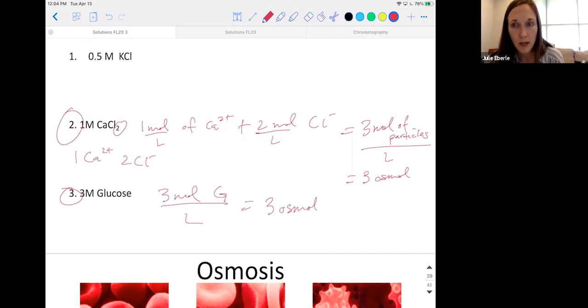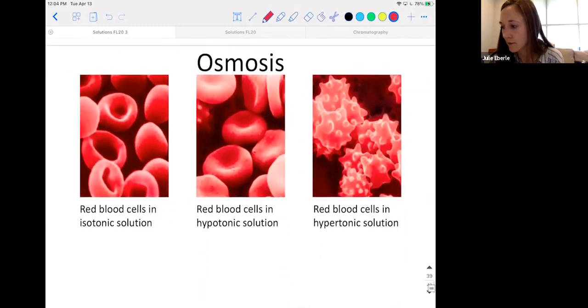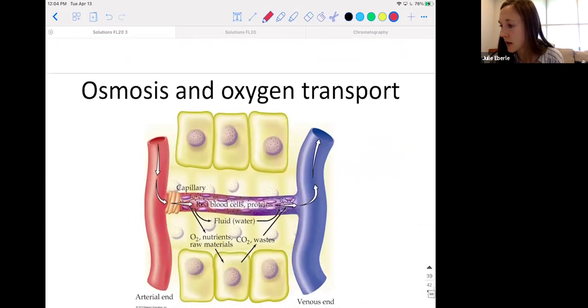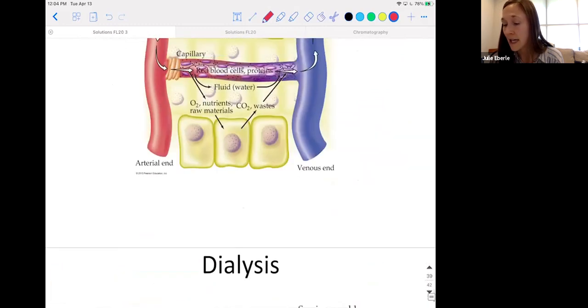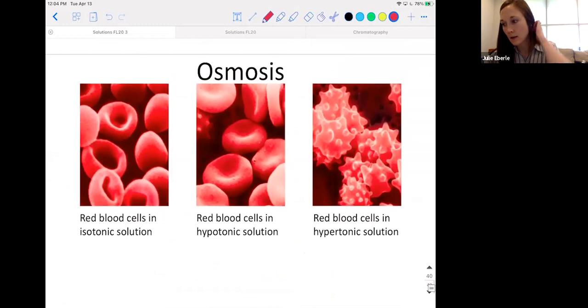Hope so. I have 1 minute to do the remaining slide. Okay, I promise it's the last one. Unfortunately, we're not going to get to osmosis and oxygen transport or dialysis, even though it applies and it's really cool stuff, but we'll stop here. But real quick,